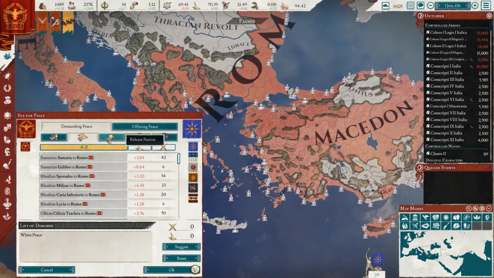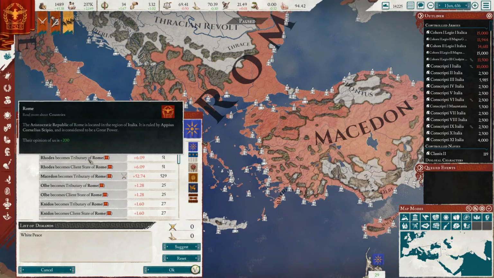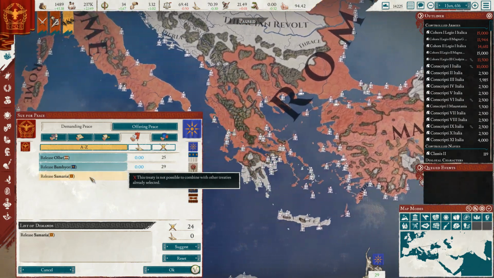War is done. So what we're going to want to do is either have them release nations or cancel subjects. Or try and make them become our subjects, which you still have to occupy them. Okay, so that wouldn't even be possible. But we can get them to release subjects or to just completely release countries here. Let's go with...